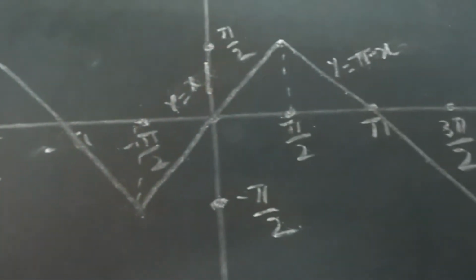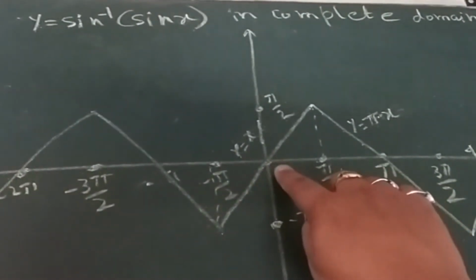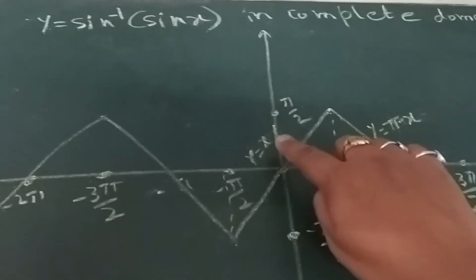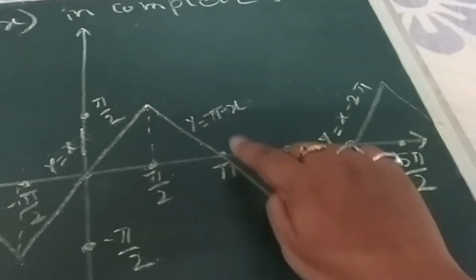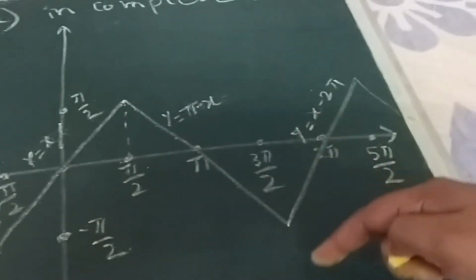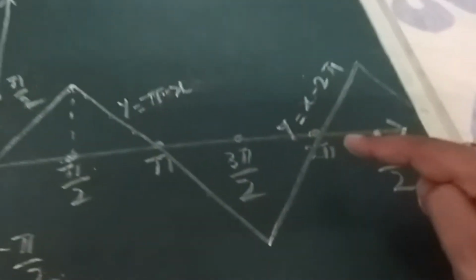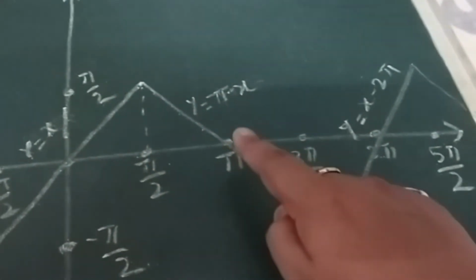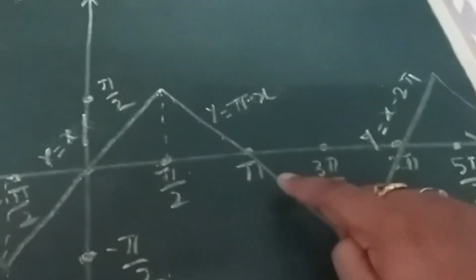Okay, so this was the thing. Again I am telling, it is passing through 0 and it is going up, so it is x minus 0. It is coming down and it is passing through pi, so pi minus x, opposite. When it is going up through this point 2 pi, you have to subtract from x, so x minus 2 pi. When it is coming down, you have to subtract x from that point, so it is going down and it is passing through pi, so pi minus x.